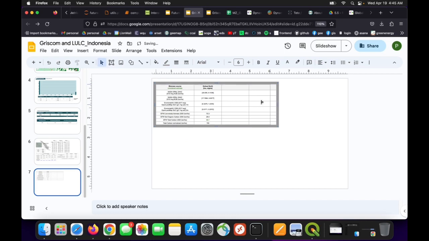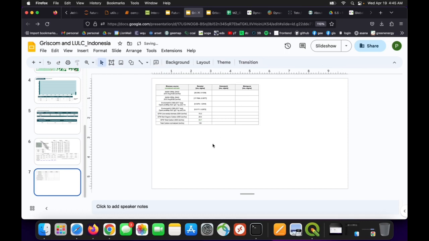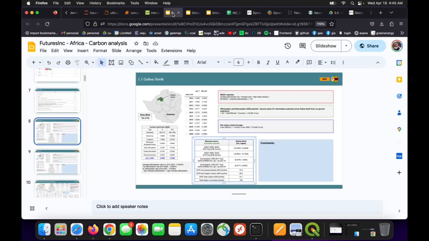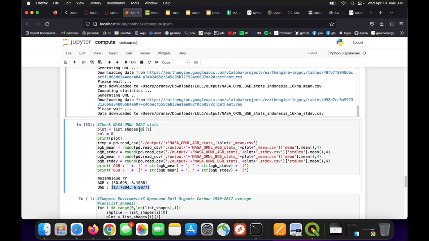So we have up here, and there we do, and here again you can just go replace it with Reserva Recreativa. Okay. So now we can do the same thing we did for Mozambique for